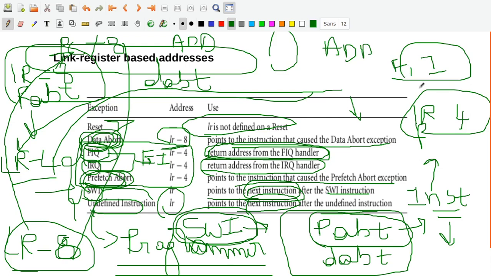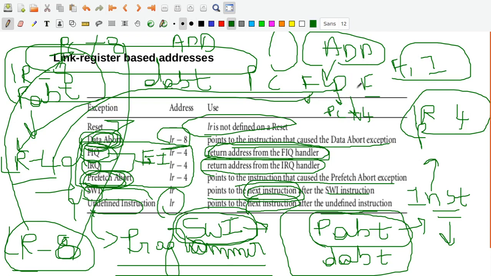At that time, after servicing this one, whenever this instruction, of course, is fetched here, it doesn't have to go for the execution, it comes back. So what is stored here is PC plus 4, that is fetch, decode, execute. Fetching is PC, decoding, anyhow PC is incremented by 4, it would have gone to the next instruction. At that time some FIQ exception is raised. It would have got executed, means it would have come to the next instruction.